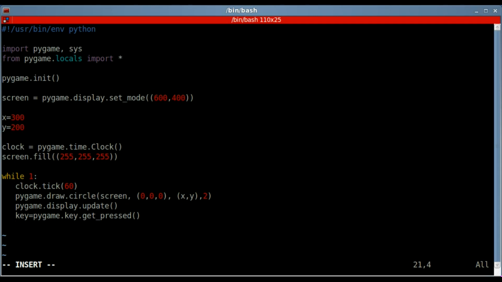Then we have to look through all the keys that are being pressed and say, well, if this key is being pressed, do this. If this key is being pressed, do this. And we'll say if key, and then square brackets here, PyGame dot K underscore RIGHT. And what I want to remind you here is, and you should know this if you've used Python before,